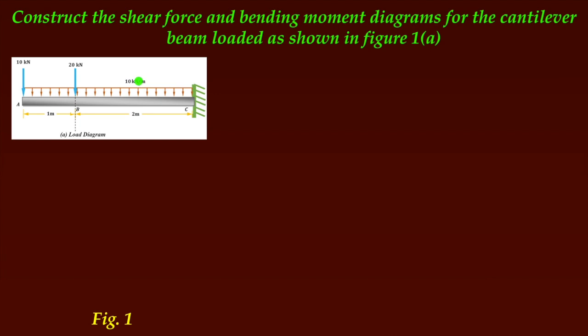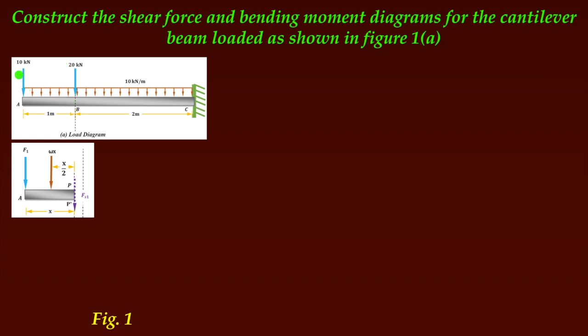Now, to get the equation, as different types of load are working here, we will consider two different segments at which we are trying to find out the shear force and bending moment. Now, it's the first segment, which is PP dash. This PP dash point is in between A and B. It is any point in between A and B. Now draw the free body diagram of this section.